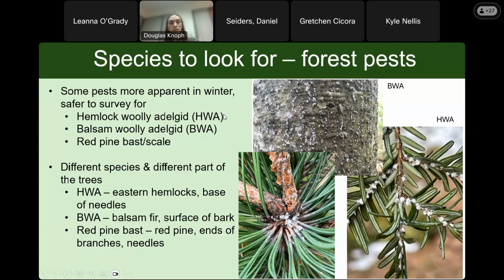So a few examples of species that we track in the database. One that probably everybody is very familiar with, the hemlock woolly adelgid, HWA, on the bottom right here. Balsam woolly adelgid, or BWA, in the top left here. And then something that we just started tracking this year. It's been present in New York for a number of decades, but wasn't really specifically tracked or closely monitored, but was added earlier this year as an invasive species to the iMap database, is red pine bast, or red pine scale, which is a very similar look to both HWA and BWA in that it has this woolly covering and